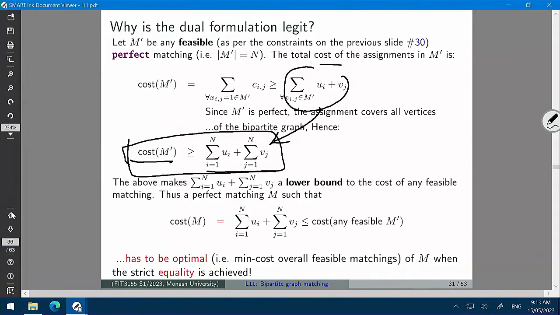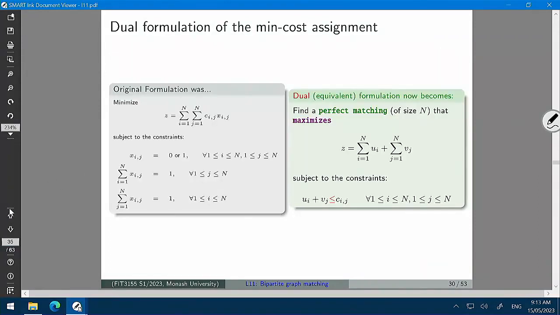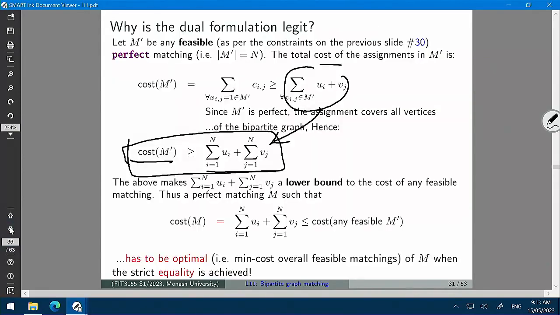Remember, the maximization is to maximize this. The function is to maximize this, right? So I have a formulation where whatever I'm maximizing is a lower bound to the cost of any feasible